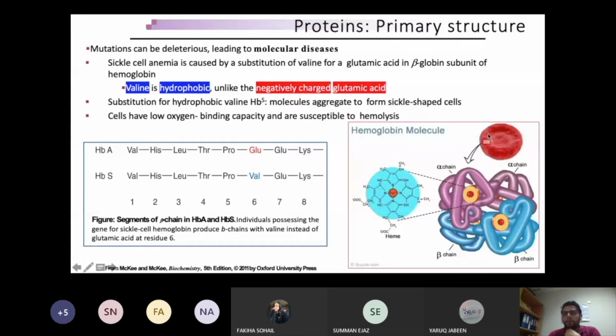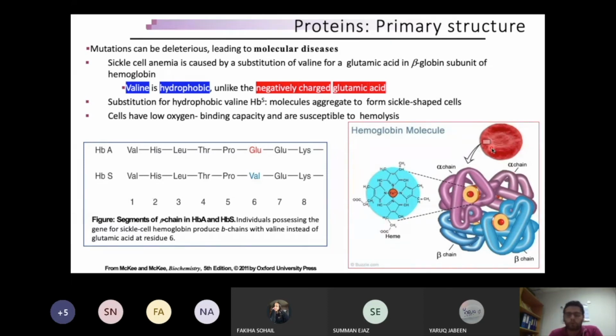This one amino acid could change the overall chemistry of this hemoglobin. So this is the red blood cell, which you can see here. This is the hemoglobin. So what happened when residue 6 changed from glutamic acid to valine? It becomes a sickle shape. So what is a sickle shape? It is literally like a sickle. For example, you have seen how a first day moon looks, just a half rounded shape. This is a sickle shape.